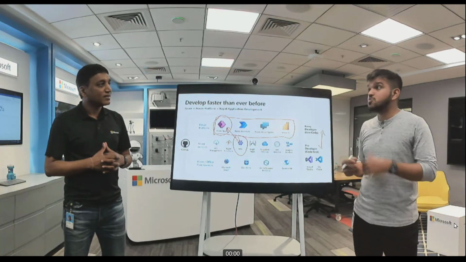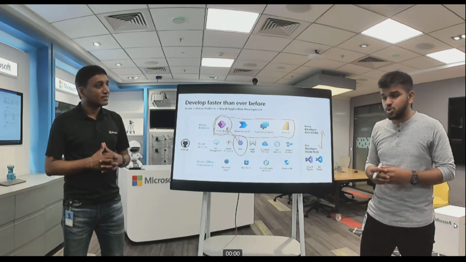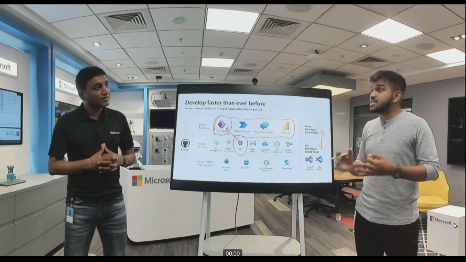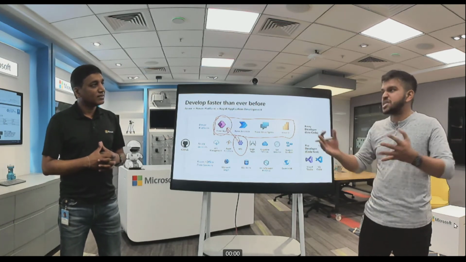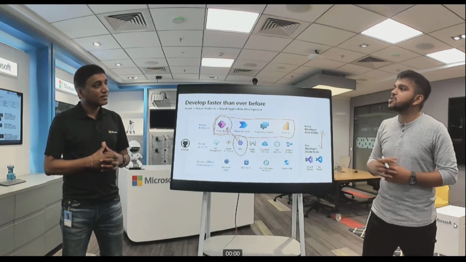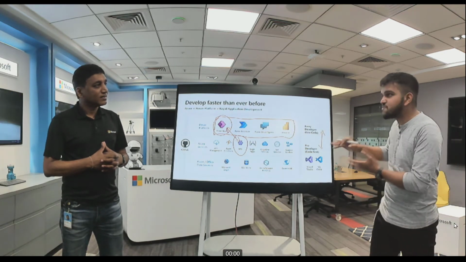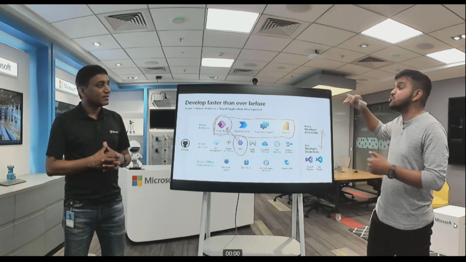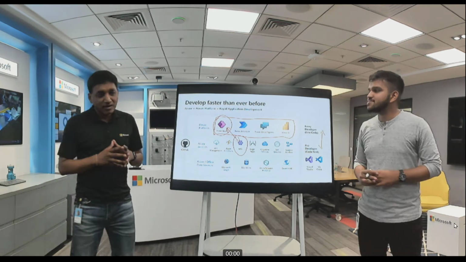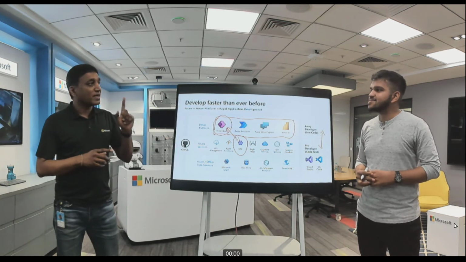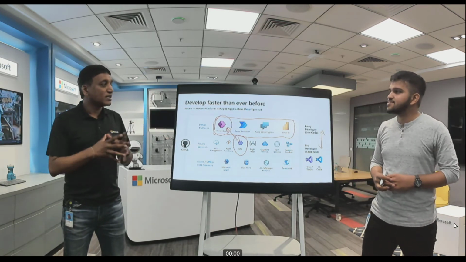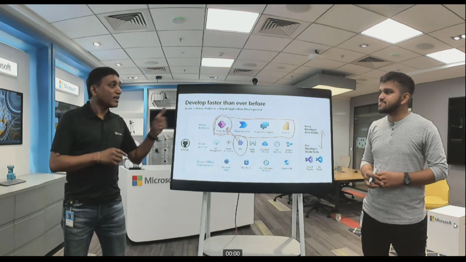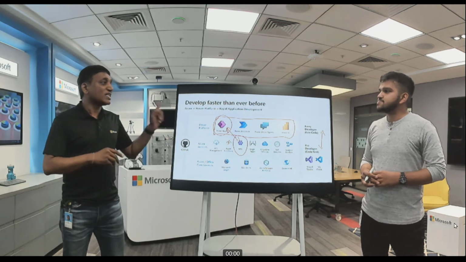Yes, absolutely, Sandeep. While Power Platform provides access to around 350-odd data sources, this could be ServiceNow, SAP, or Salesforce. But for example, let's say you have a homegrown database or homegrown data lake that your organization has built. In this case, your professional developer, using his code-first approach, can write a simple Postman script, and then make that data source available to your business user in his low-code environment as well. The answer to my earlier question, in terms of how an enterprise IT leader, a CIO, should structure the team, is yes, you need a complementary pro development team who will work hand in glove with business users to make sure that they stay productive.